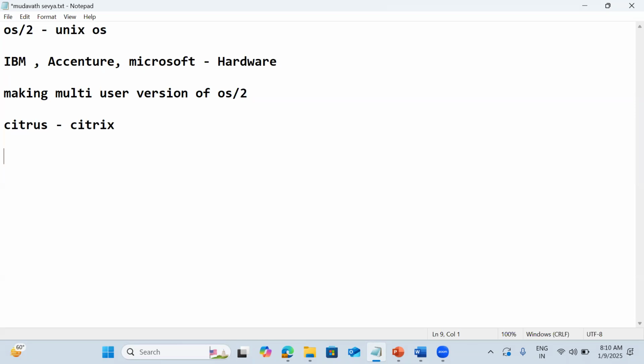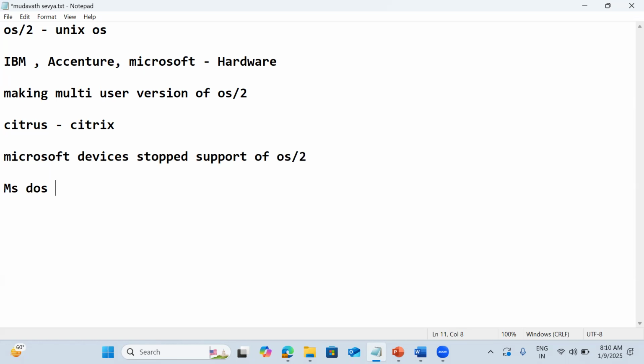But one major thing happened: Microsoft devices stopped support of OS2. Microsoft devices in those days had used OS2 itself, but they stopped the support because Microsoft had developed MS-DOS and used it in their devices.